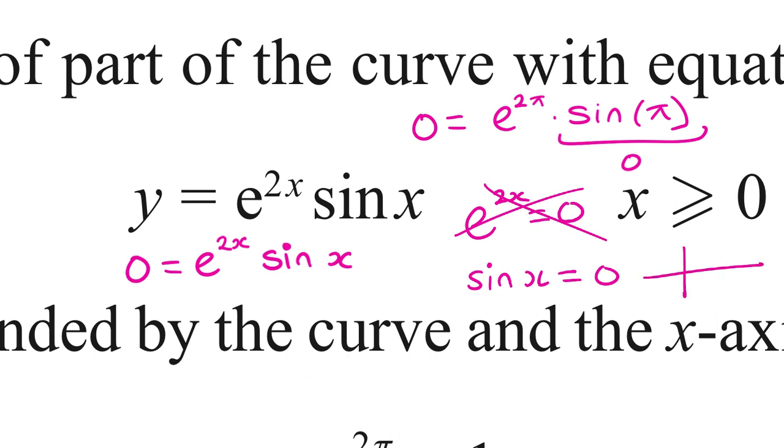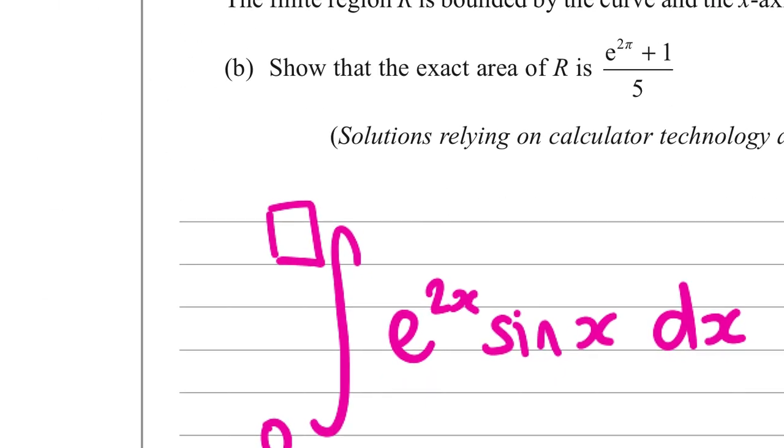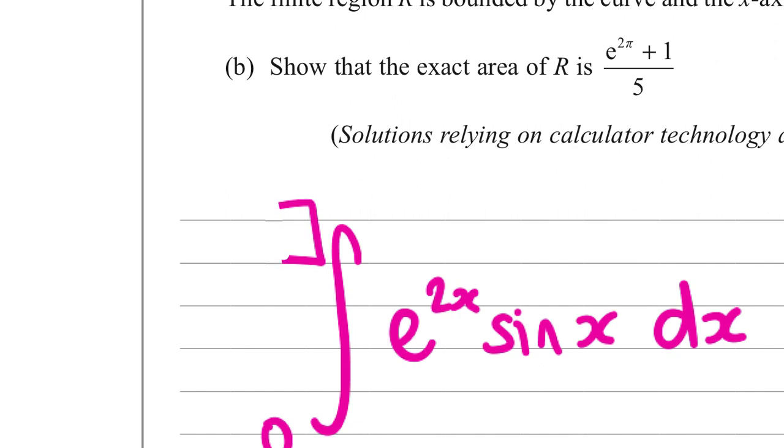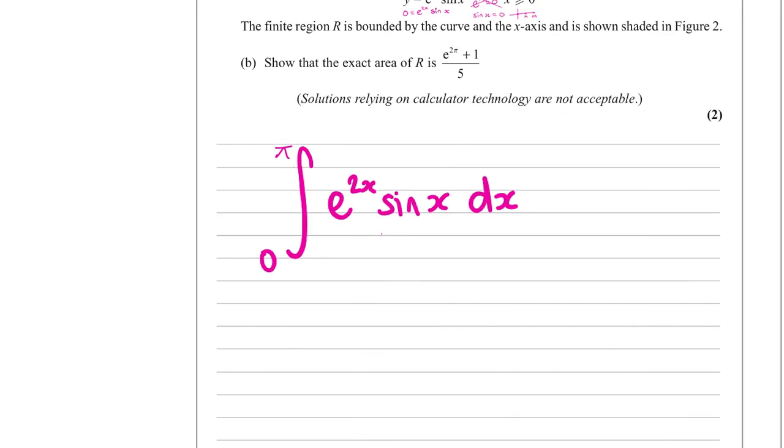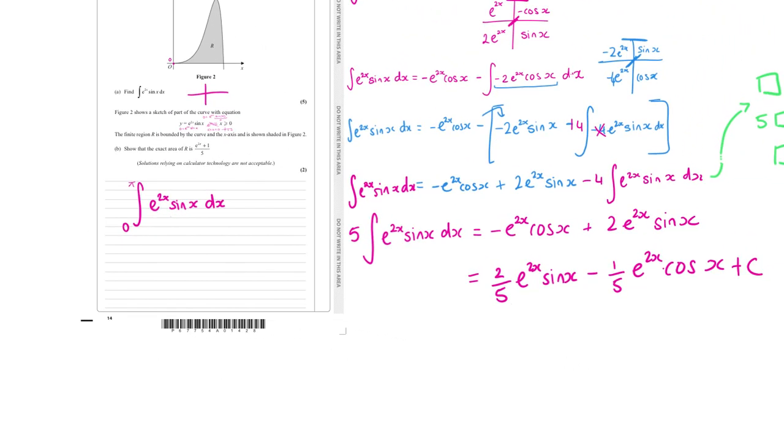We know from the sine graph it equals 0 at 0. It equals 0 again at pi, and again at 2 pi. This is where our brains come in. So, what is this going to be? Our first solution is pi. Did we already integrate it earlier? Yep. So literally all we've got to do now is